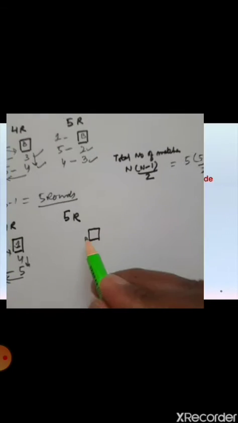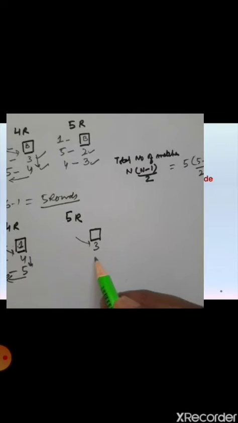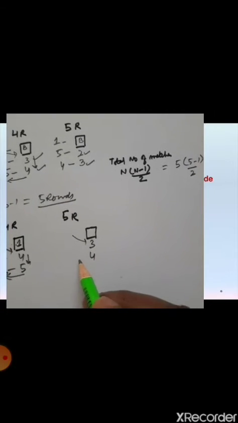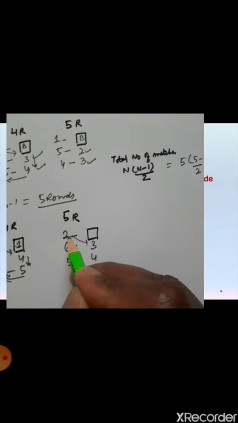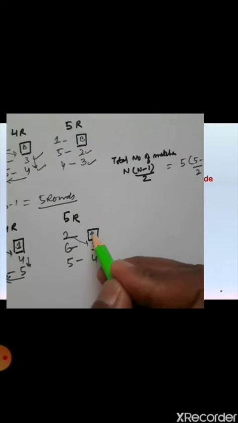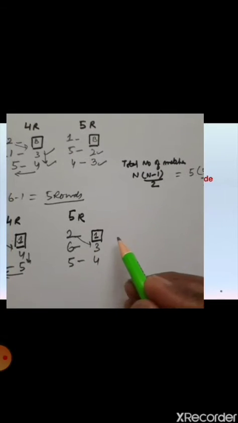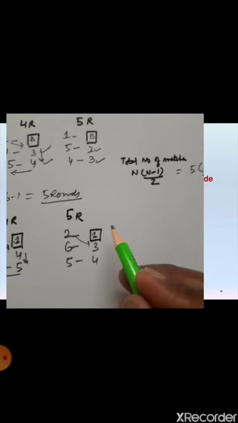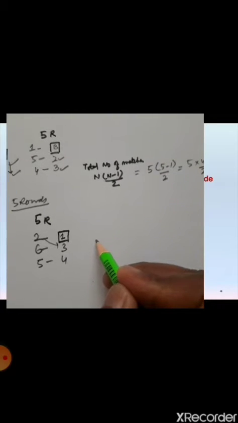Now the fifth round, again team number 3 brought down here, then 4, then 5, then 6 and 2. All right, yes, so now if we move on to the next round, then again it will be the repetition of the first round. So we cannot have a sixth round. Now let's calculate the number of matches.